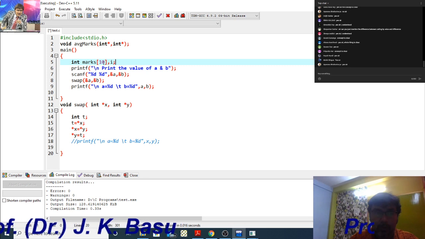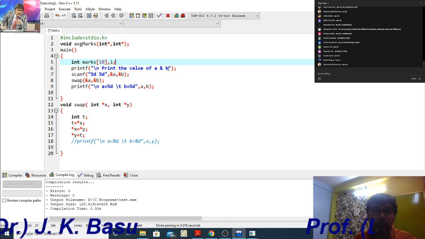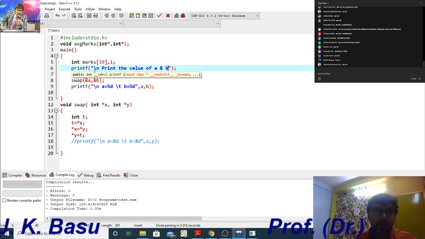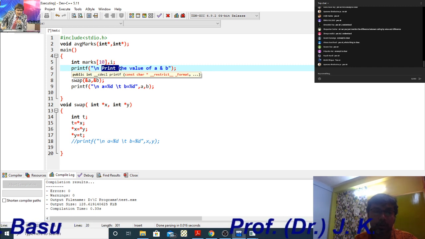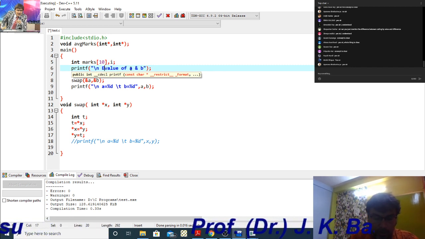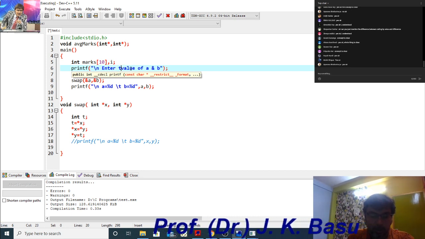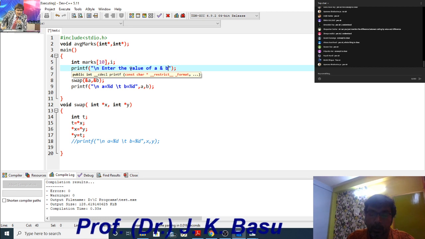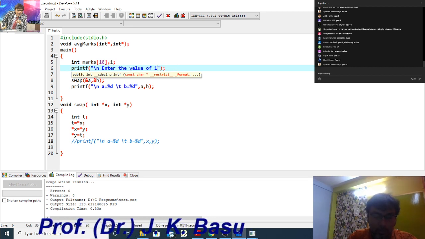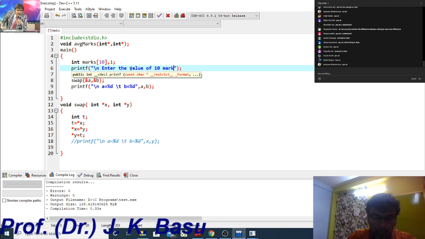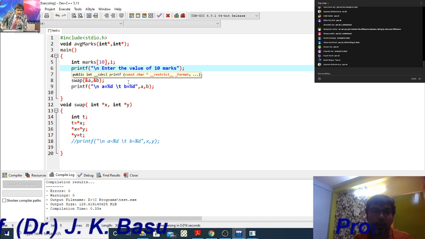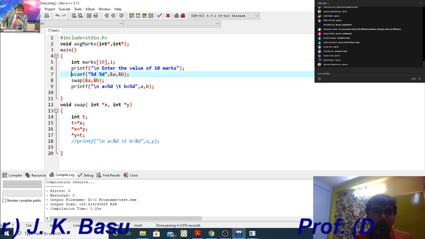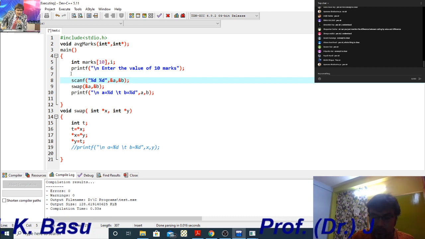Now print, enter the value of 10 marks. Now as you know how to take input to an array,